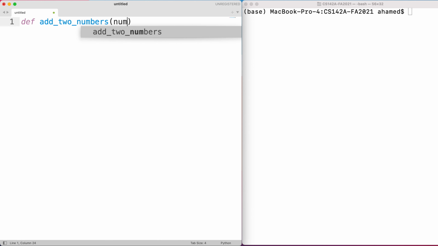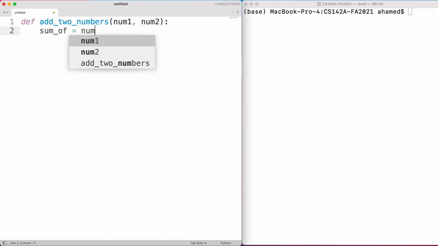as num1, and I want you to be selective about the variable names that you pass to the function, which are actually called parameters. So now we are going to add these two numbers, and I'm going to store the sum of these numbers in a variable called sum of, and here I'm just going to do sum of num1 and num2. And then suppose we print